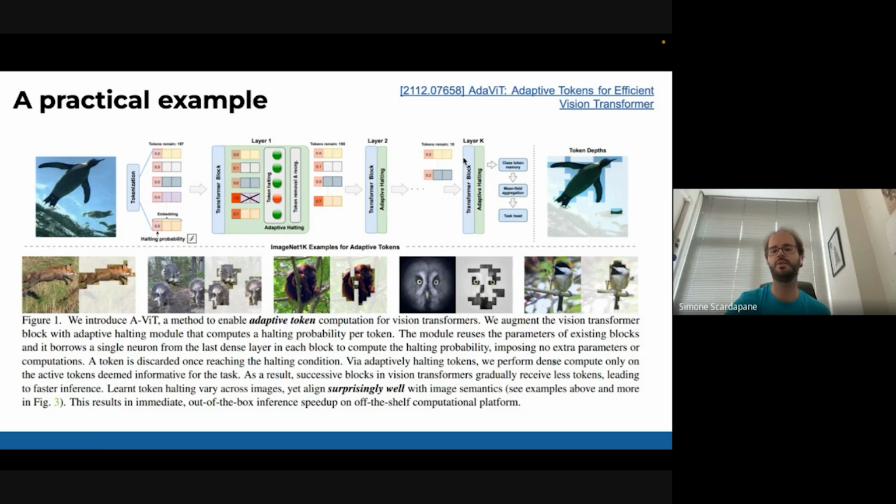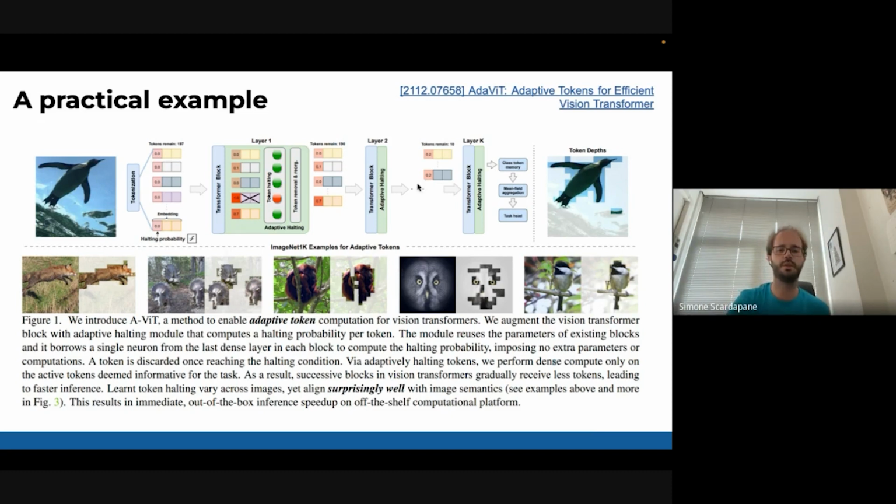An interesting thing is, if you look at the patches at the end, you see some kind of saliency. It seems like it's focusing only on the interesting parts of the picture. And this is really interesting because I don't know how many of you have toyed a little bit with explainability, but explainability is really, really hard with standard approaches, because you need to train a neural network, and then you need to plug something on top of it, like LIME or SHAP, and you need to hope that what you get is good.